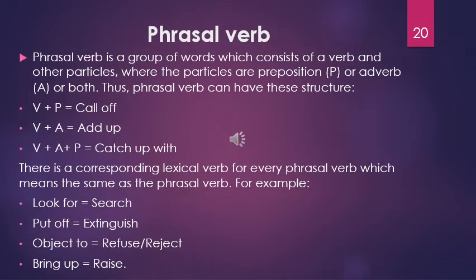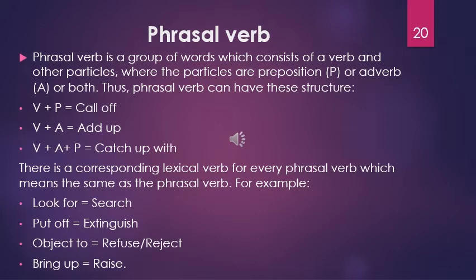The next item to discuss is phrasal verbs. A phrasal verb is a combination of a verb and particle functioning together as a unit. Typically, phrasal verbs function as a verb in a sentence, except that the addition of a particle makes them complex in structure and in meaning. The particle is usually a preposition or an adverb, or a combination of the two, that is the preposition and an adverb.